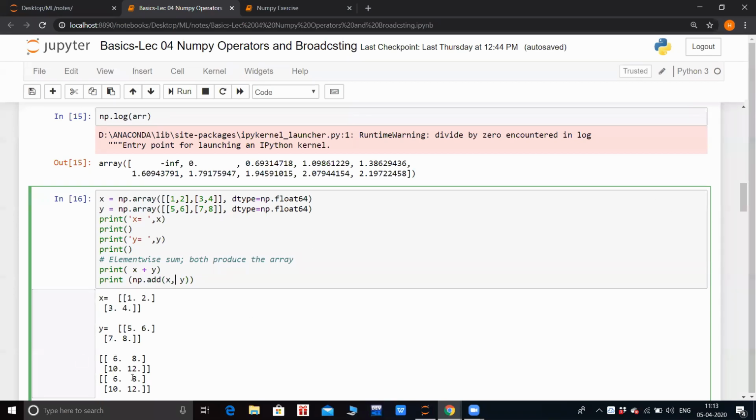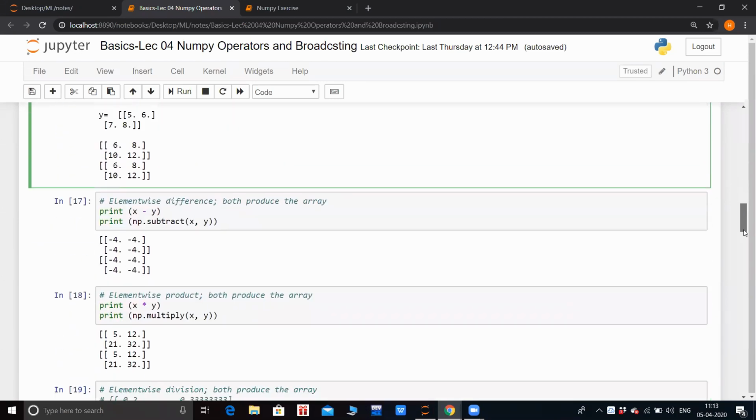You can see here our NumPy multidimensional matrix is 1, 2, 3, 4, 5, 6, 7, 8. 1 plus 5 gives you 6. 1 plus 5 gives you 6 again. 4 plus 8 gives you 12. 4 plus 8 gives you 12 again. So both these functions act in the same way. It's just that this is the traditional summation or addition call, and this is called by the NumPy library.